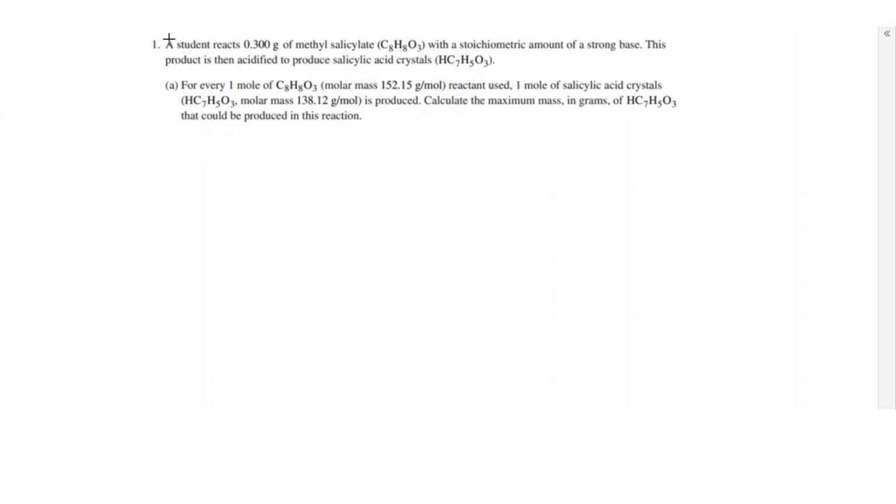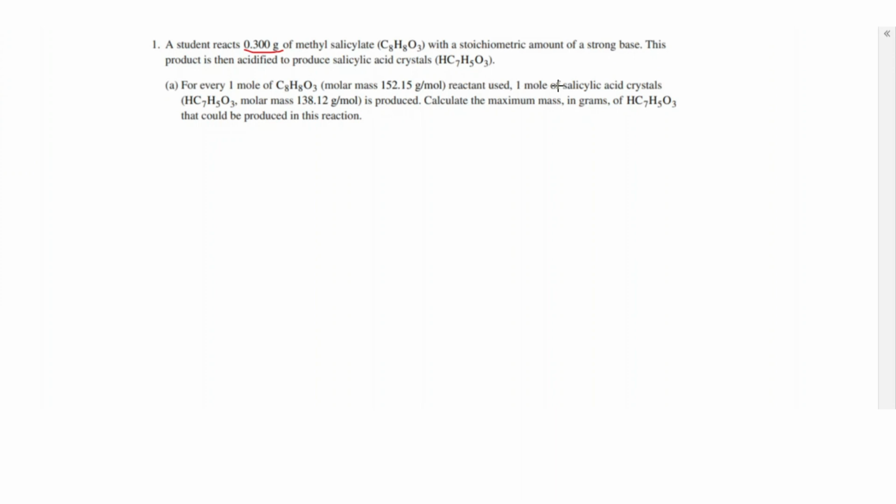So let's get into the first part. So we are looking at FRQ number 1 today. So looking at this scenario, we have a student reacting 0.3 grams of methyl salicylate, which is C8H8O3, with a stoichiometric amount of a strong base. This product is then acidified to produce salicylic acid crystals, HC7H5O3. Okay. So for part A, we have for every 1 mole of C8H8O3, and we have our molar mass,